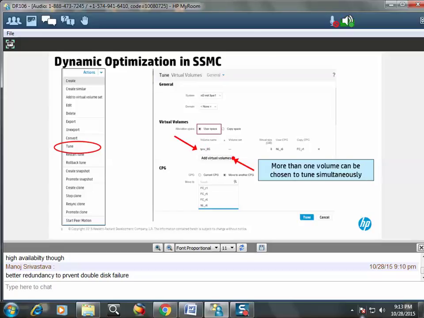Now you can click on this add virtual volumes button, and all the volumes will show up. You can choose multiple volumes here and tune them simultaneously. Now, let's assume they just choose this one volume here. And again, over here, it's showing me what's called the user CPG, which I assume here is nearline RAID 6. So from there, you just go down here in the CPG area, and the default